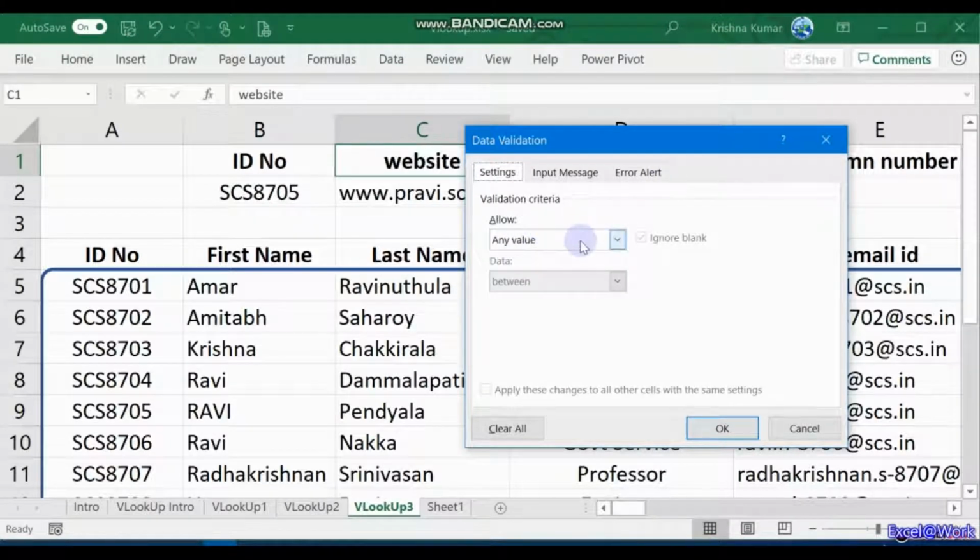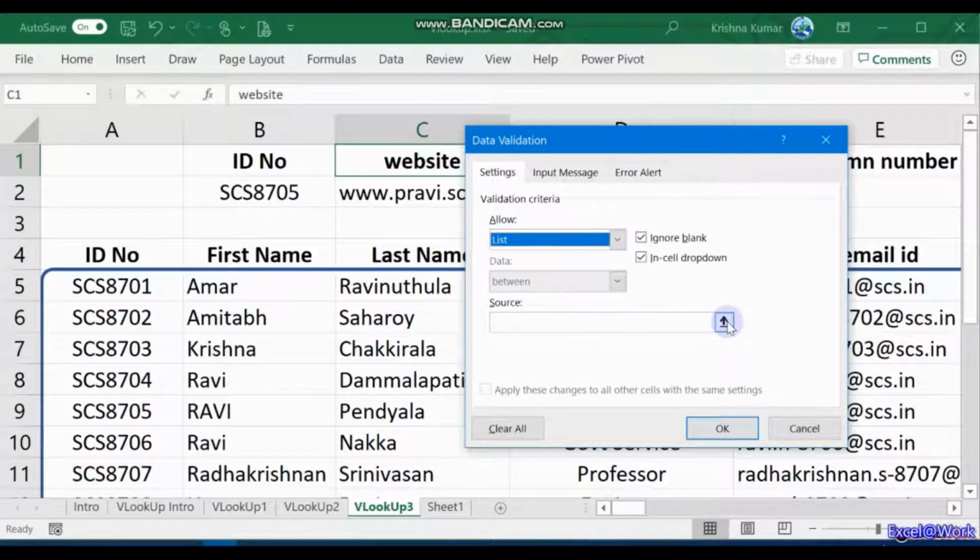That means in Excel you can input any sort of value in any cell. This we change for this particular cell, which is selected, C1. The available options are whole number, decimal, list, date, time, text length, custom. We'll come to more detail on these options later. For now, we'll start with list, and then you have to select the source.